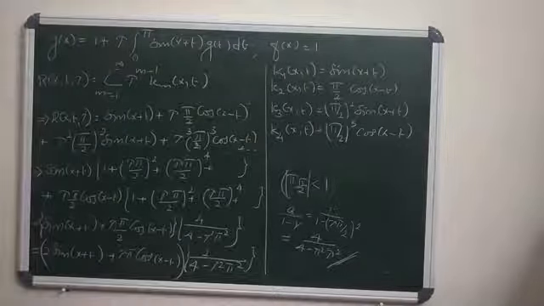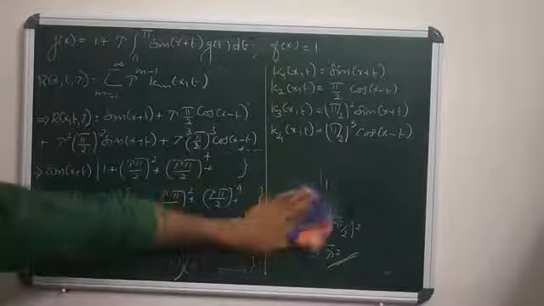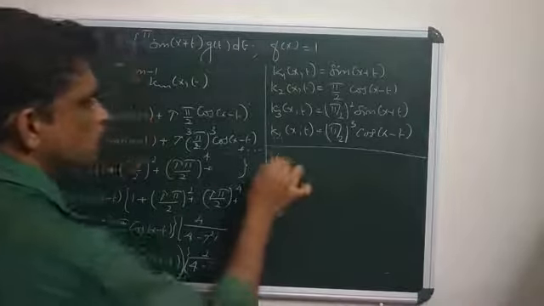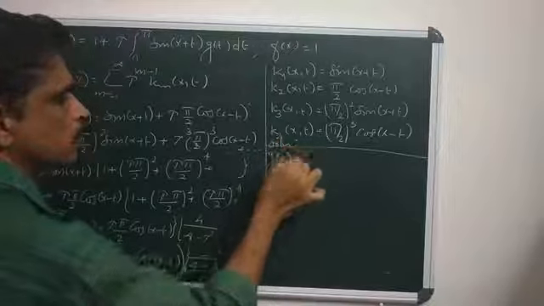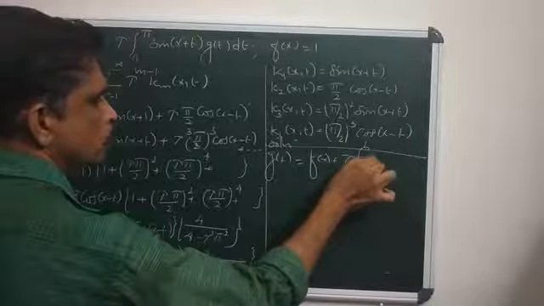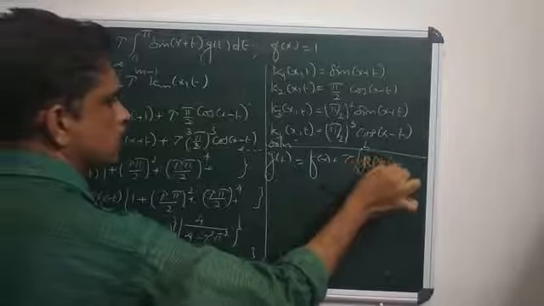Therefore our solution is g(x) equals f(x) plus, what is our solution? Then our solution g(x) equals f(x) plus λ integral from a to b of r(x,t,λ)